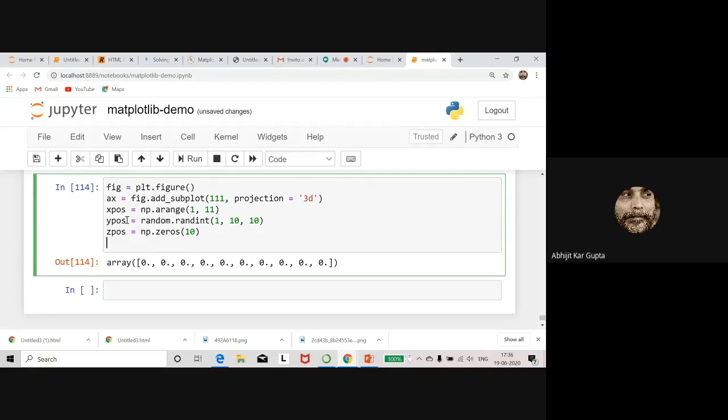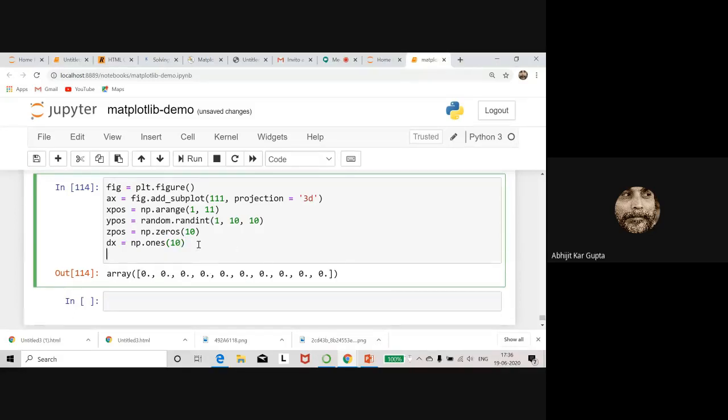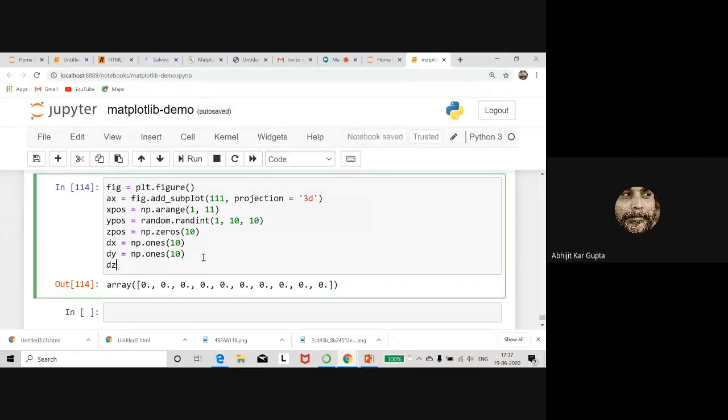So now I have created X position, Y position, Z positions, and now I create dx, the bars. I want to create a 3D bar, and dx is the width of the bars, the dimension of the bar. dx is np.ones. Ones means all 1, 1, 1, 1, 1. So if you write np.ones, it will be all 1s. And dy is similarly np.ones. Of course I could write the same thing. Okay, anyway, and I can write dz equal to